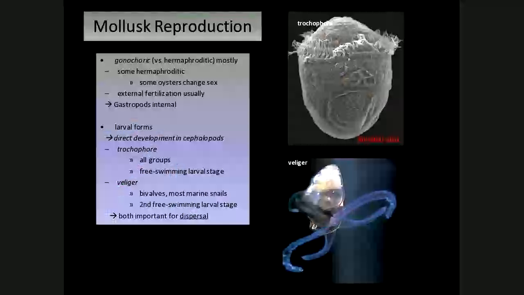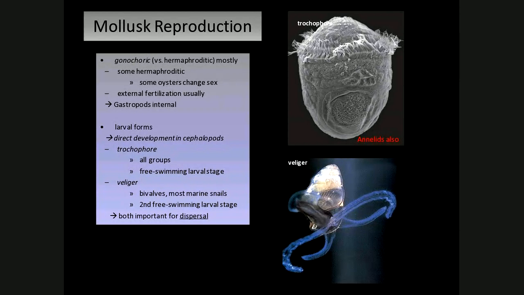Oh boy, reproduction in these guys. All right, first of all, they have a trochophore larva, which is an interesting observation, right? Because so do annelids, which is a group we haven't talked about, but we're going to. Those are the segmented worms. So they have the same kind of larvae as the annelids. And if you've been paying attention all semester long, similarity of development among organisms has given us indication of relatedness. So mollusks are relatively closely related to segmented worms. They share a similar type of larva, the trochophore.